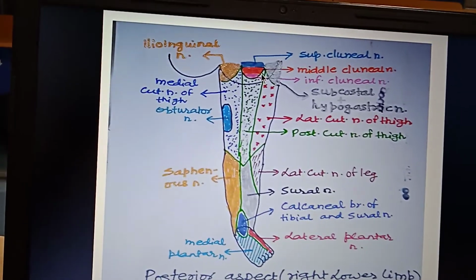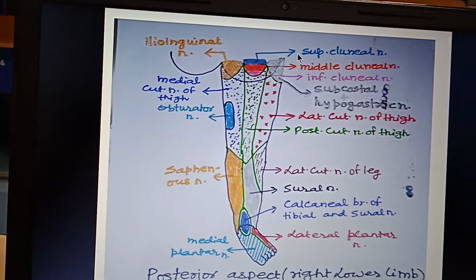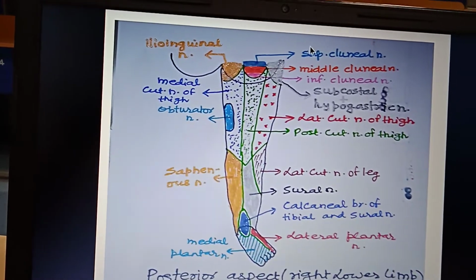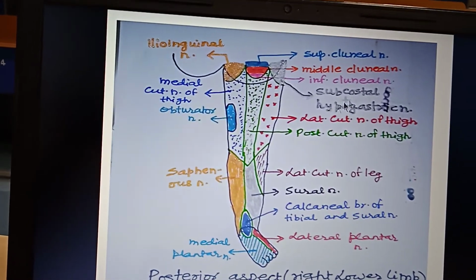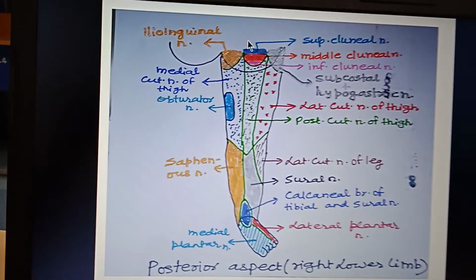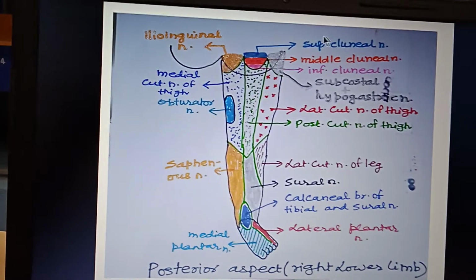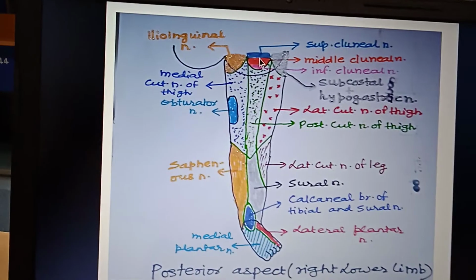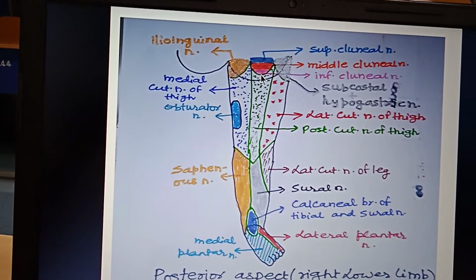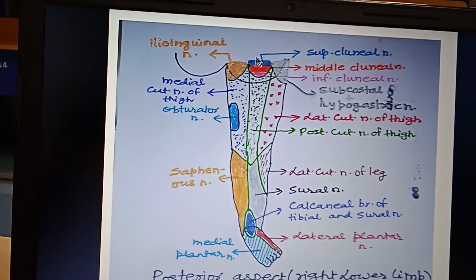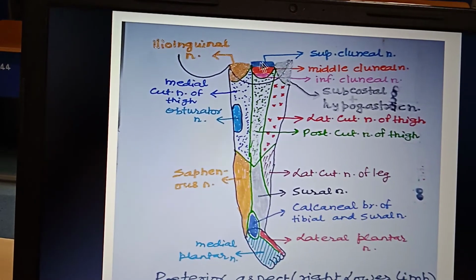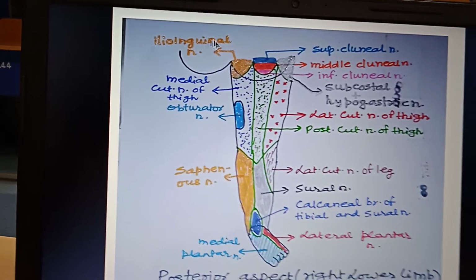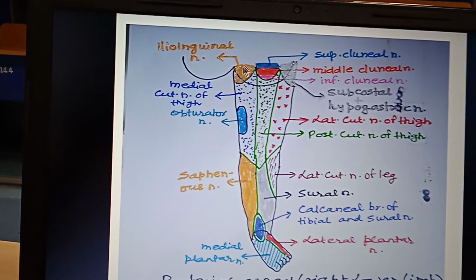Here I have said earlier, from lateral to medial it is SHCI. SH for subcostal and hypogastric nerve. C for cluneal, superior cluneal. Again here are three areas: superior cluneal, middle cluneal and inferior cluneal. These are the cutaneous nerves coming out from the lumbar plexus, lumbosacral plexus, and this is ilioinguinal nerve. These areas are supplied by ilioinguinal.